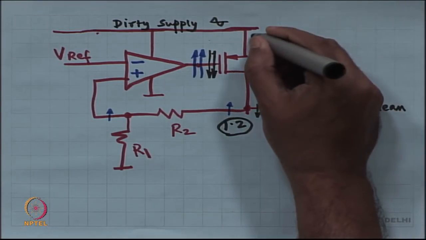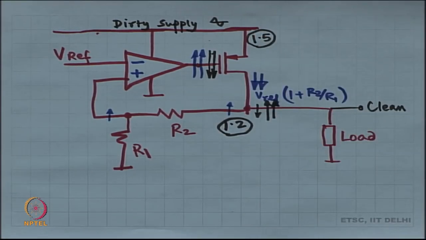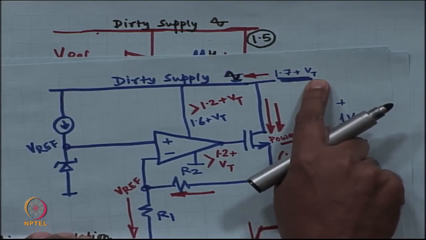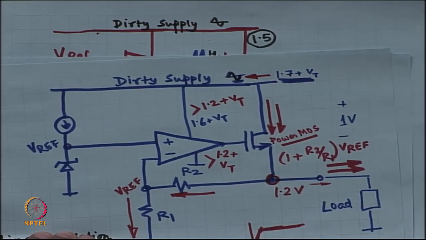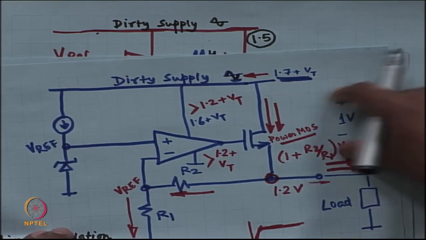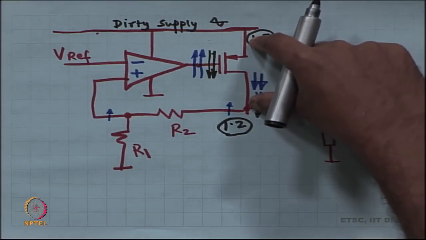So, this means that this should probably be at around 1.5, okay, a lot lower than earlier. In the earlier case I had it at 1.7 plus a VT, VT I took was 0.5. So, I got this as 2.2. Okay. So, in the earlier case this voltage was 1 volt, in this case this is just 0.2,